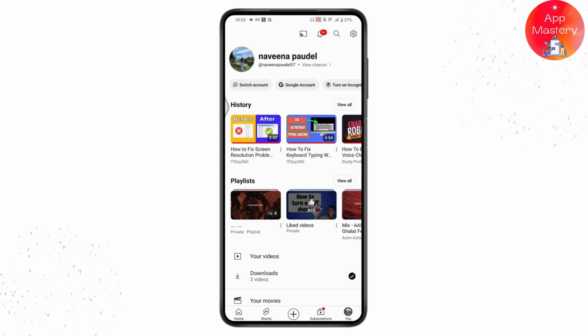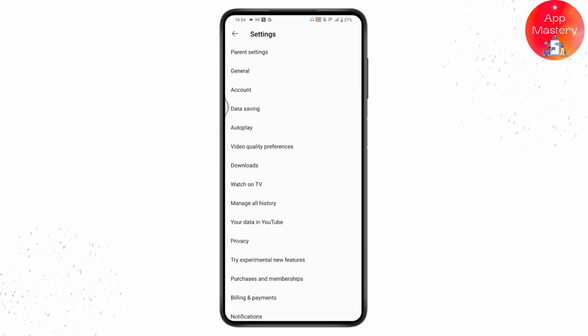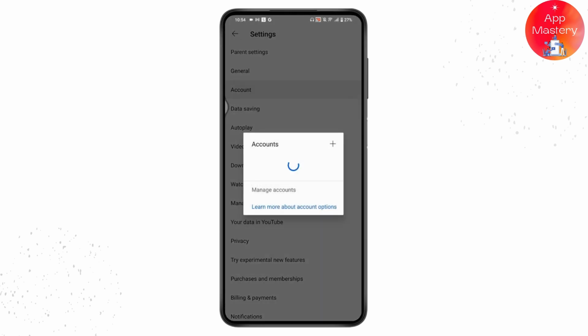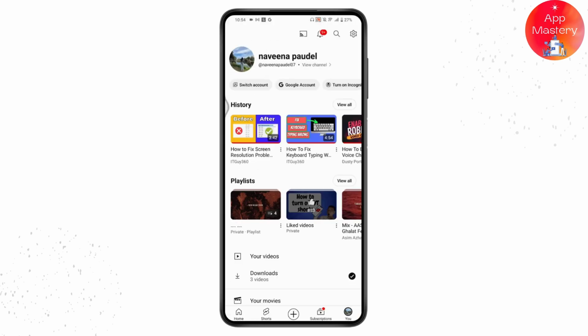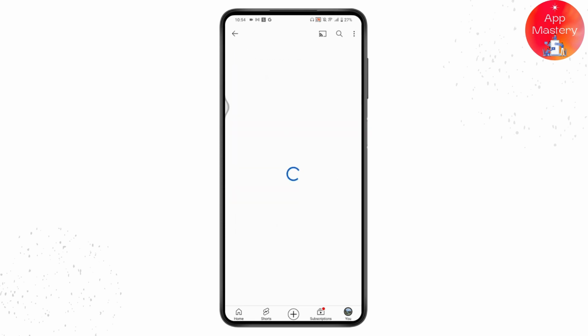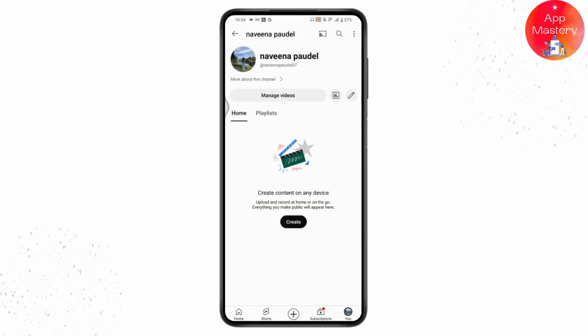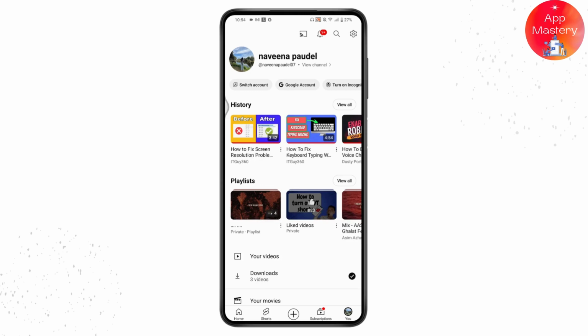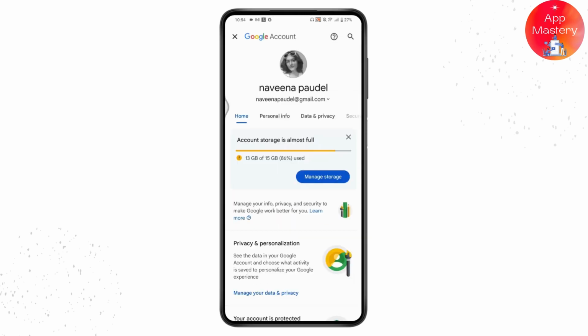settings option on the upper right. Tap on the settings. Under your settings, you will have account. Tap on account and choose your account or Google account. Once you're here, you need to tap on your account or your profile and then again tap on it. So once you're here on the profile, tap on Google account and it will take you to your Google account,